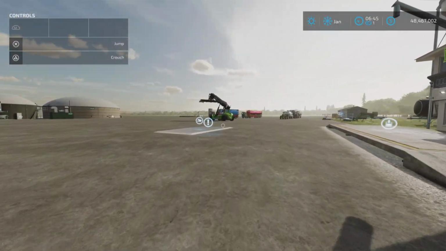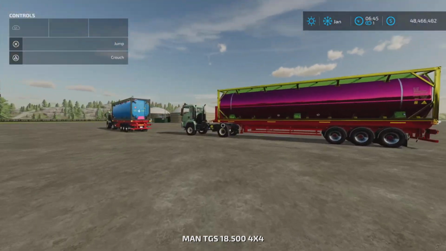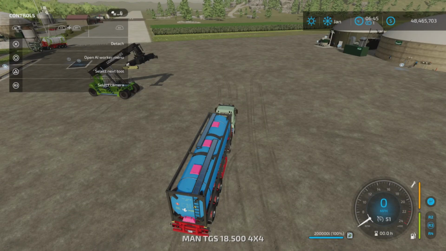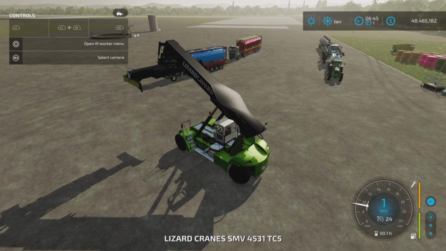So let's go over to these two. Now these two, I have different components. I got load and unload. Oh, unloading. Let me show you something. It's locked. I have it locked down here. Let me show you